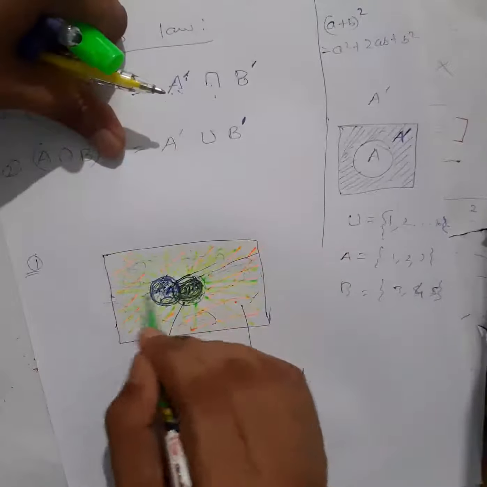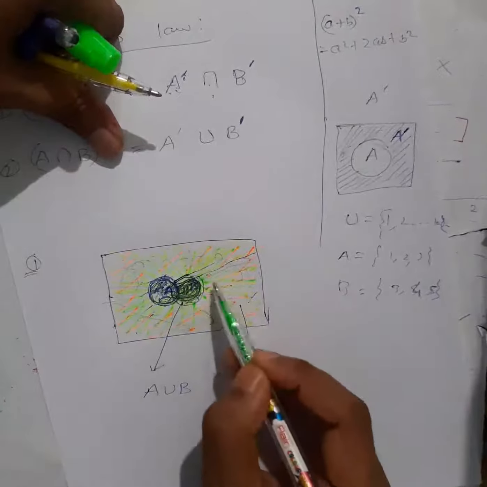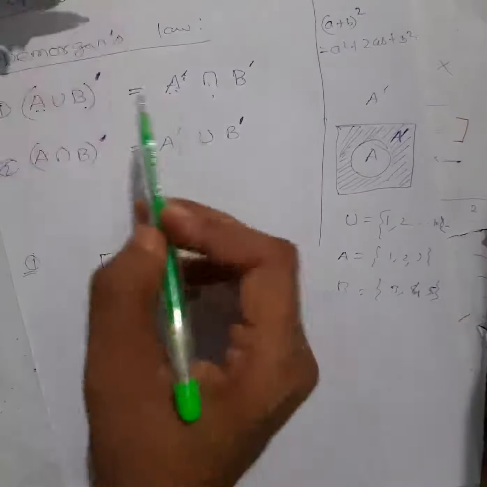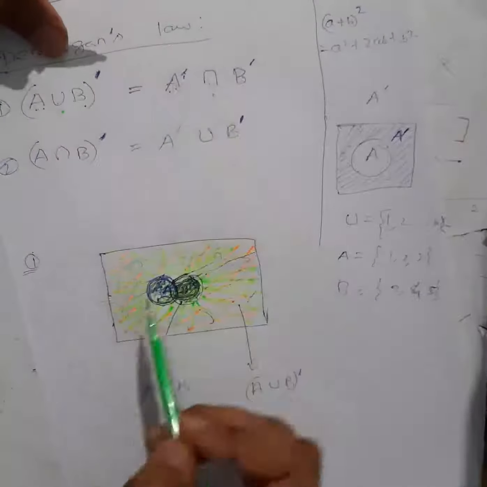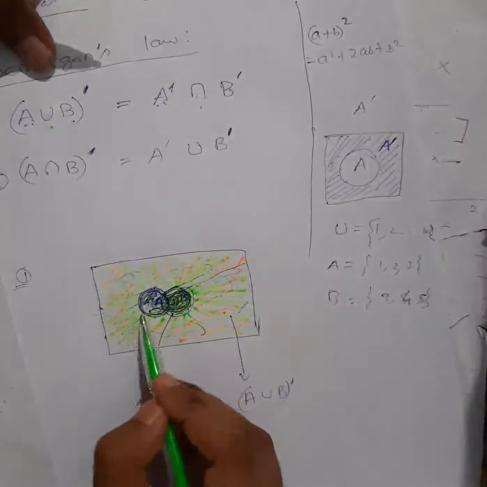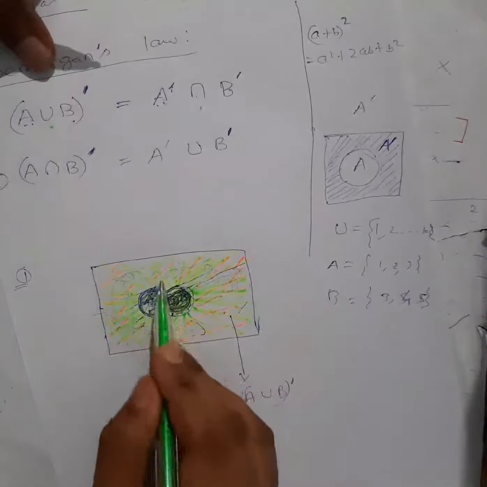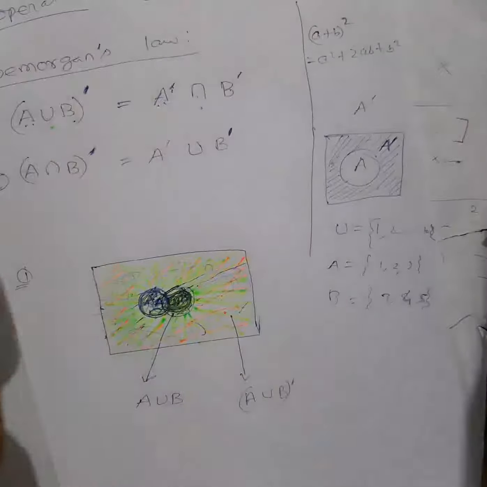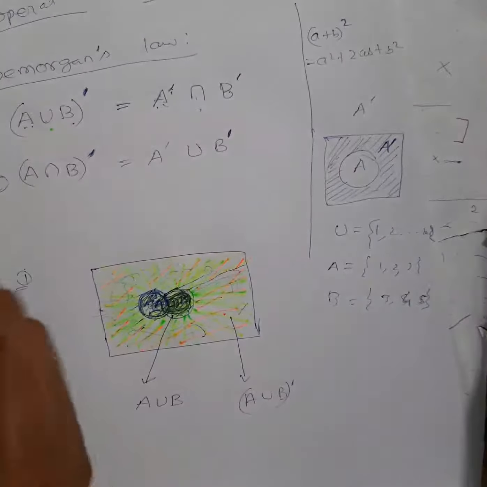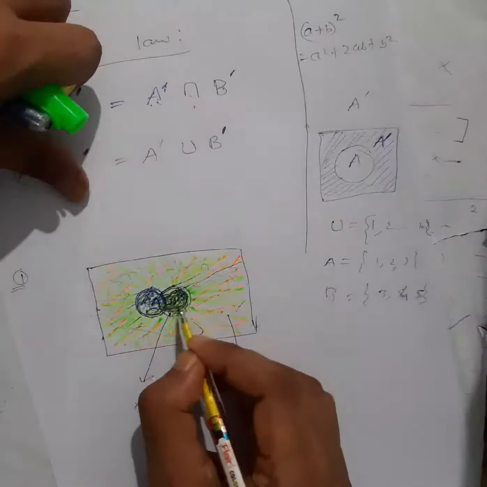Common portion I'm saying, see. This green color also is there in this orange region, because I have to write this one in the orange region only, right? Because the orange region only was your A union B complement. So this green color will be there in the orange region also, as well as this yellow also will be there in orange color.